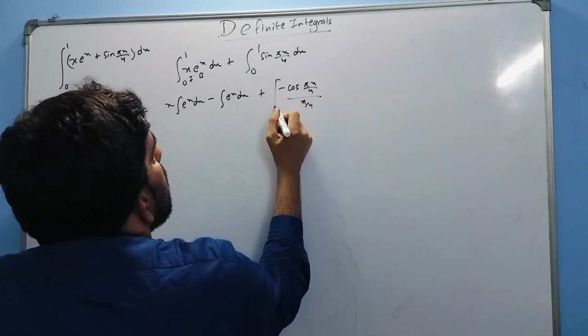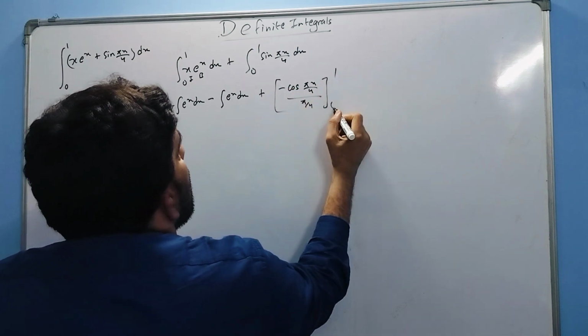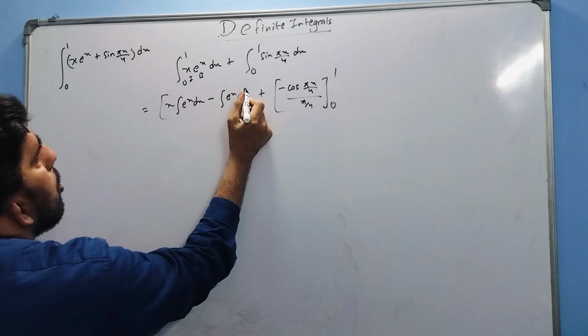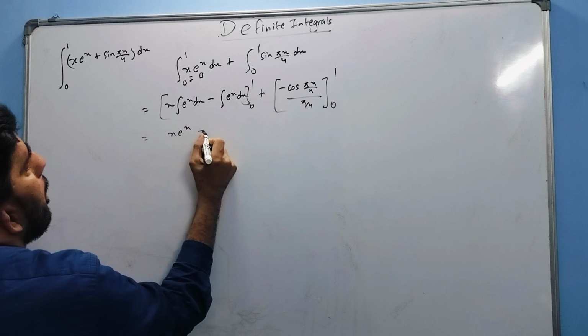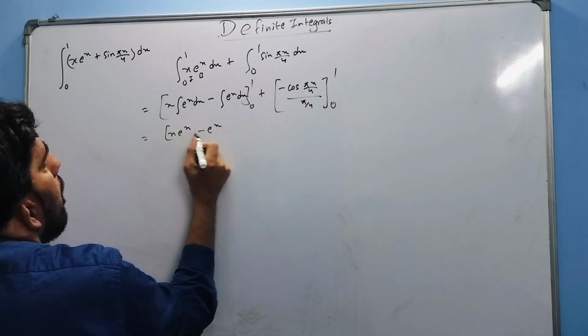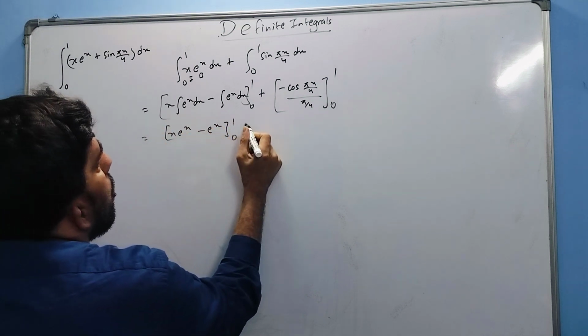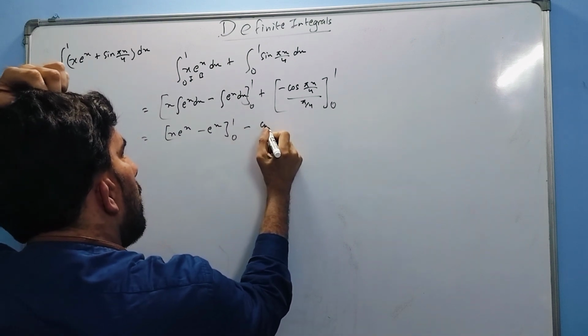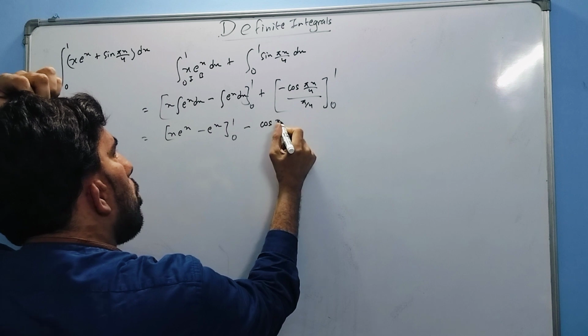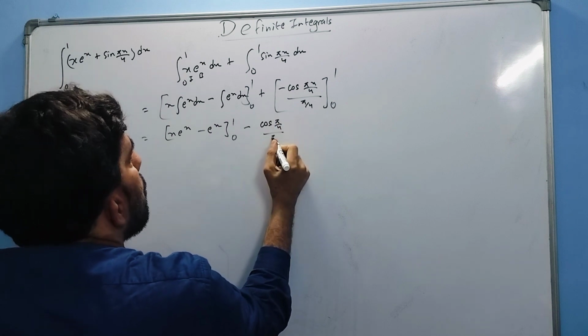Now we can put the value here. We get x e to the x minus e to the x, from 0 to 1. Now the minus we can take outside. If I put the value here, x is 1, so cos pi by 4 upon pi by 4, minus